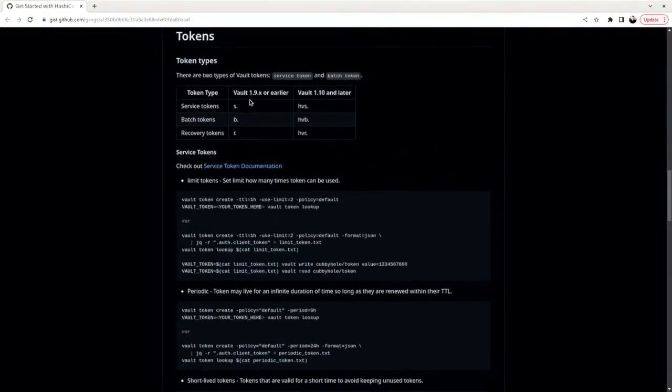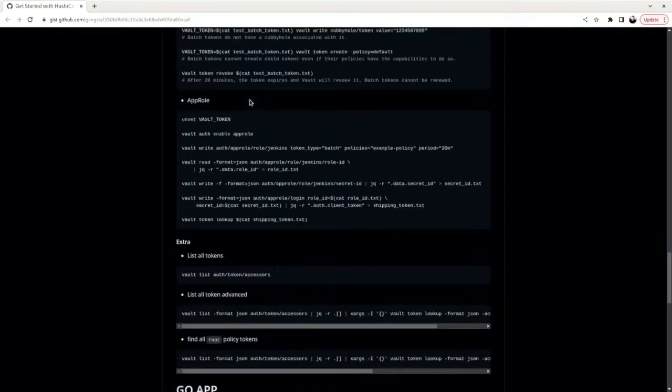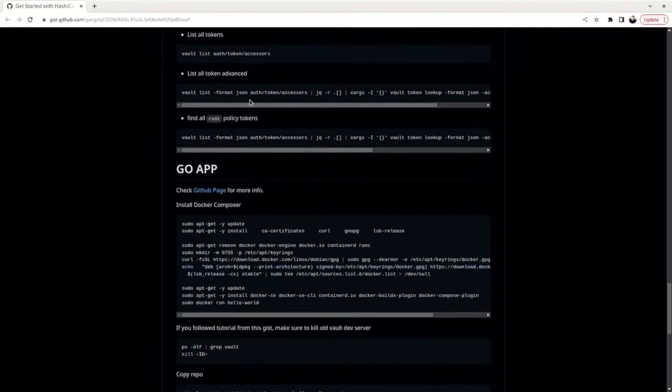We will learn about the policies. We will get around the token. And then at the end, we have the Go app. We will do it, okay? So we will go through this. If you want to share with your friends and so on, feel free. You can have it as homework as well.